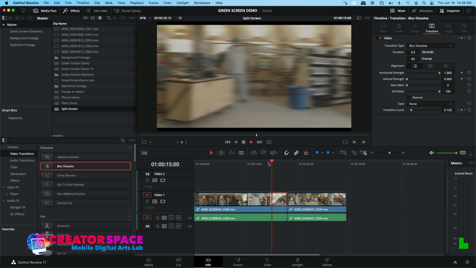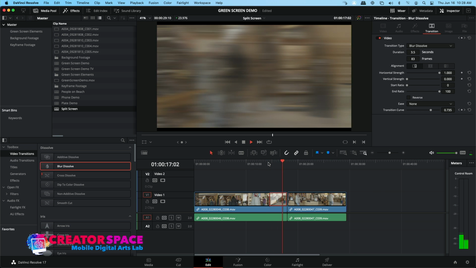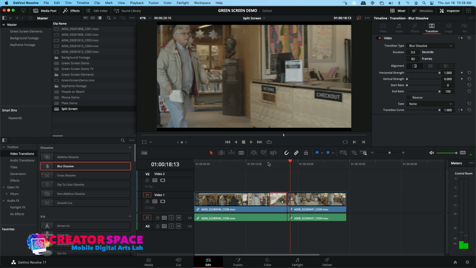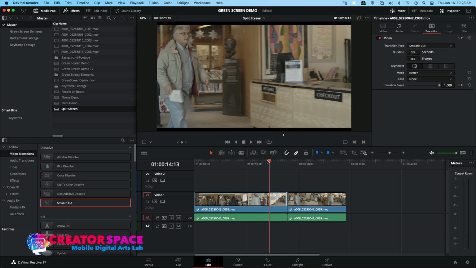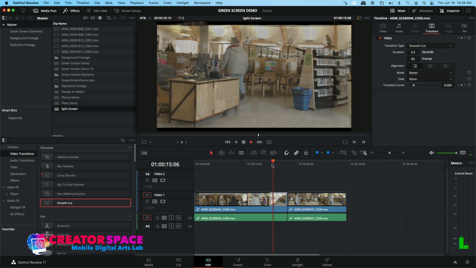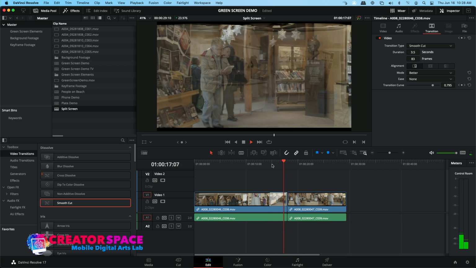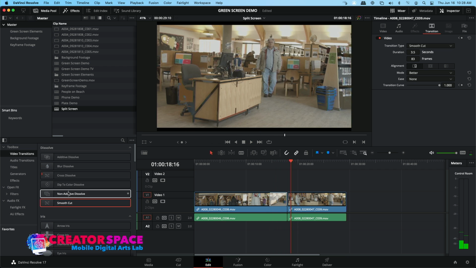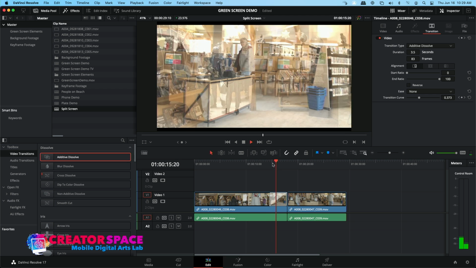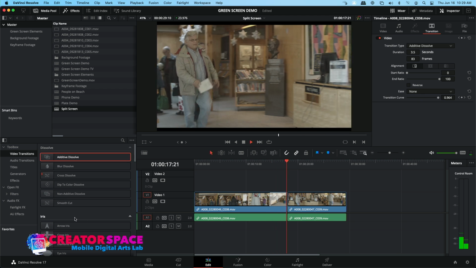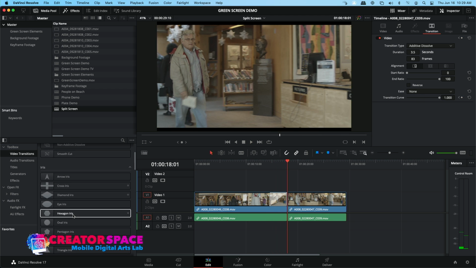And again, these are visual effects. This is a blur transition from one to the next. We can do a smooth cut. It's trying to create something. An additive dissolve. Let's see what that looks like. Kind of goes up and down, right? And then we can do things like